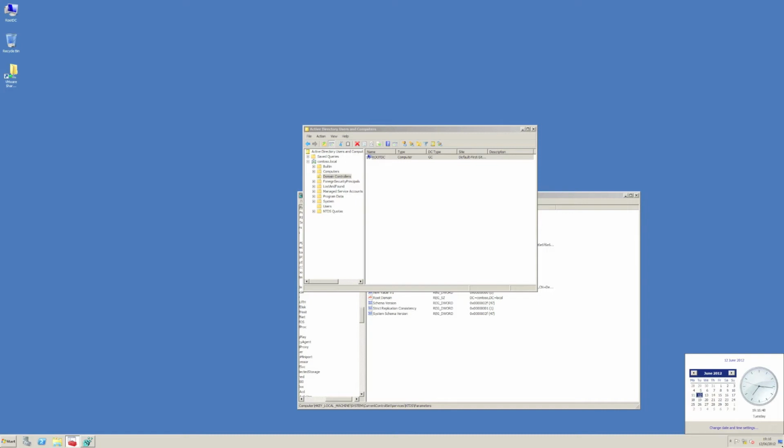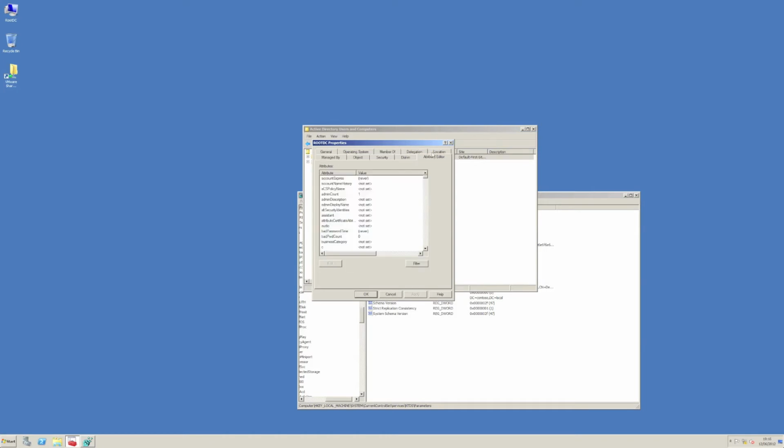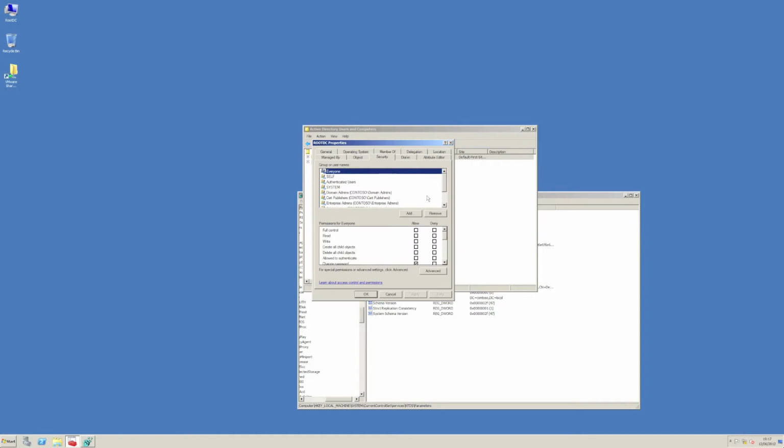Okay, let's look at the computer account now, because the security routine should have run. So we'll pull up the properties, have a look at the attribute editor. First thing you'll notice is that the admin count has now gone to 1. Now what that means is, bear in mind this attribute doesn't really do anything. It's from back when AD was relatively new, so I think it was only used in 2000. But anyway, what it shows is that this object has now been stamped by the security routine that runs on the PDC. So if we now look at the security module, in there you'll see our group is now missing,